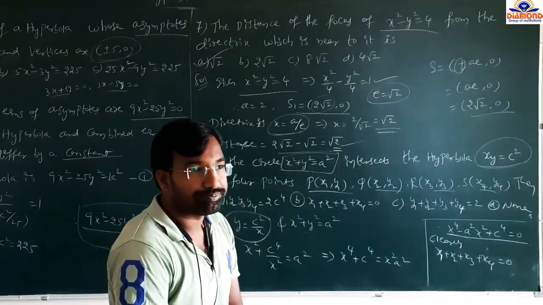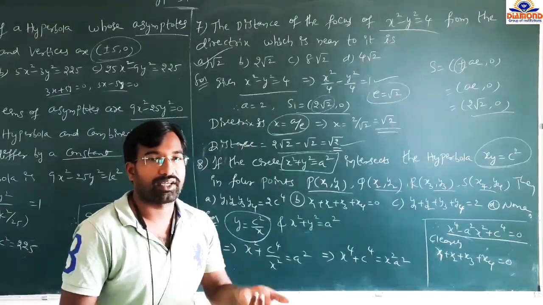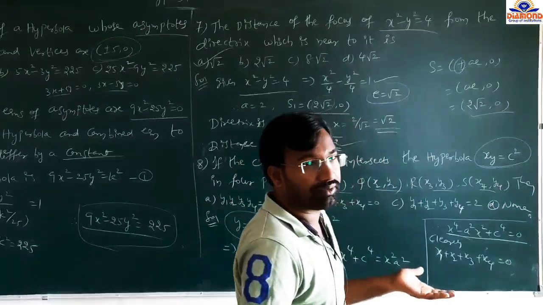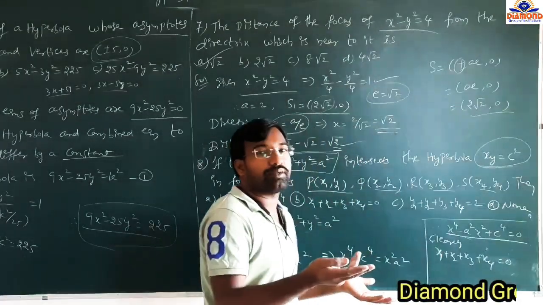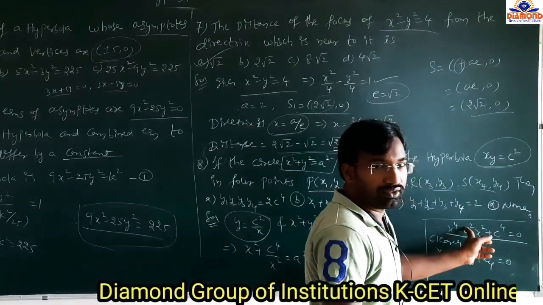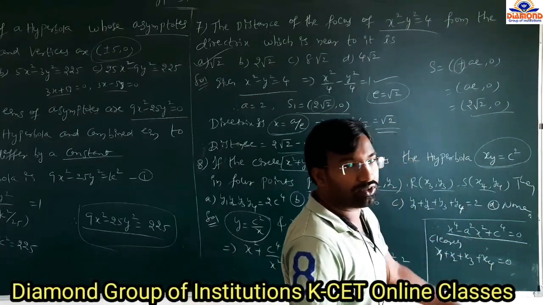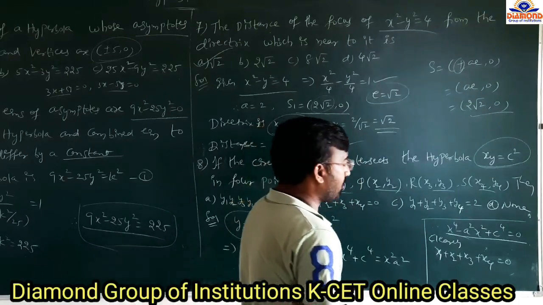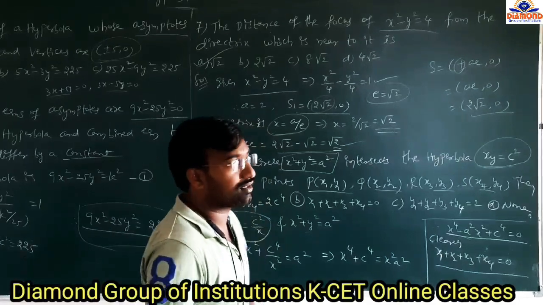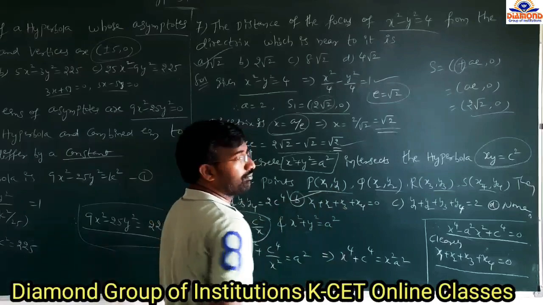So here suppose x1, x2, x3, x4 are 4 roots. If you take 4 roots, the sum of the roots is what? Minus b by a, nothing but here minus x cube coefficient by x power 4 coefficient. Here x cube is not there. So x cube coefficient is 0. So minus b by a means 0 by 1, 0 by 1 is 0. So sum of the roots is 0 clearly. x1 plus x2 plus x3 plus x4 equal to 0. That's why option B is the correct answer.